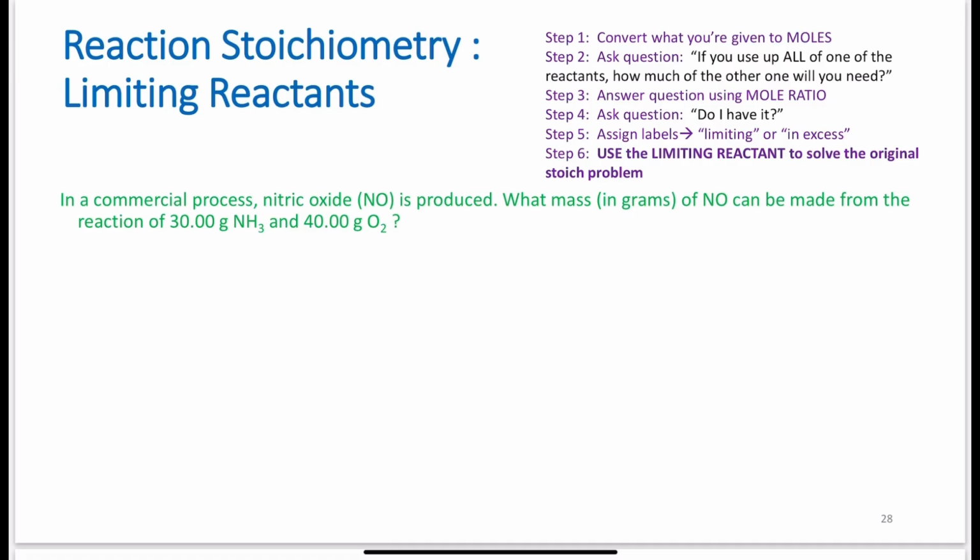Depending on where you are in the semester, I may or may not give you a reaction. Sometimes I do, sometimes I expect you to be able to use the species that we have and predict the product. We haven't gotten to predicting yet. So in this case, I would give you this reaction if the assessments happened before we got to reaction predicting. So your reaction here is 4 moles of ammonia